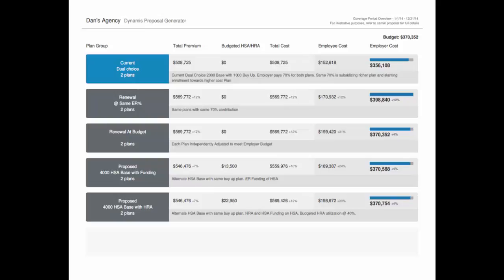Let's take a look at the reports in the order we might actually use them in an employer presentation. First, we have the coverage period overview. This allows us to set up the expectation on what's going to be covered in a presentation. It takes a snapshot of all of the plan groups we have created and then allows us to compare them at a high level and includes talking points so that we're able to set up the conversation for each of